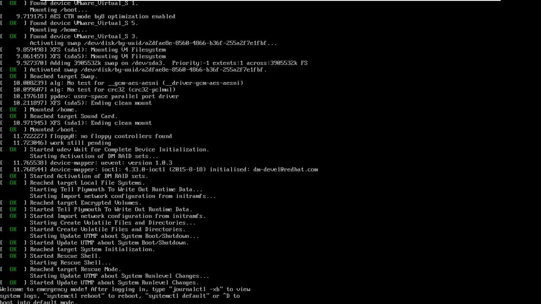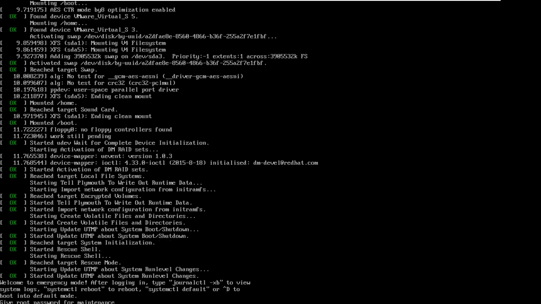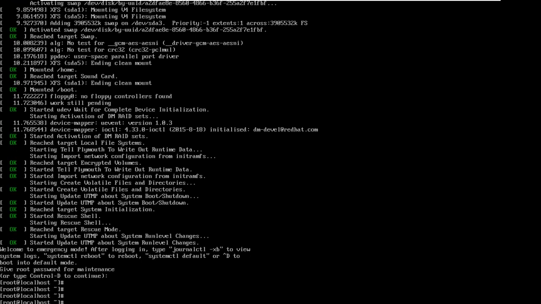It is just like previous versions where we had single user mode, run level 1, but here it is asking the password. Previously in single user mode it was not asking the password for root. You have to provide the password to log in, and then here you can do some troubleshooting.